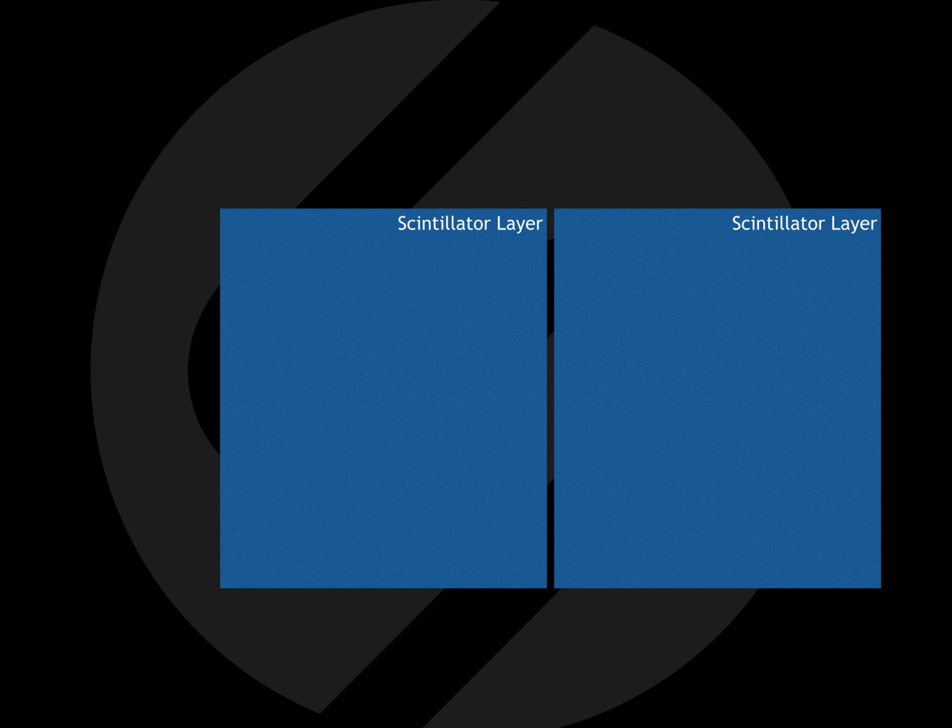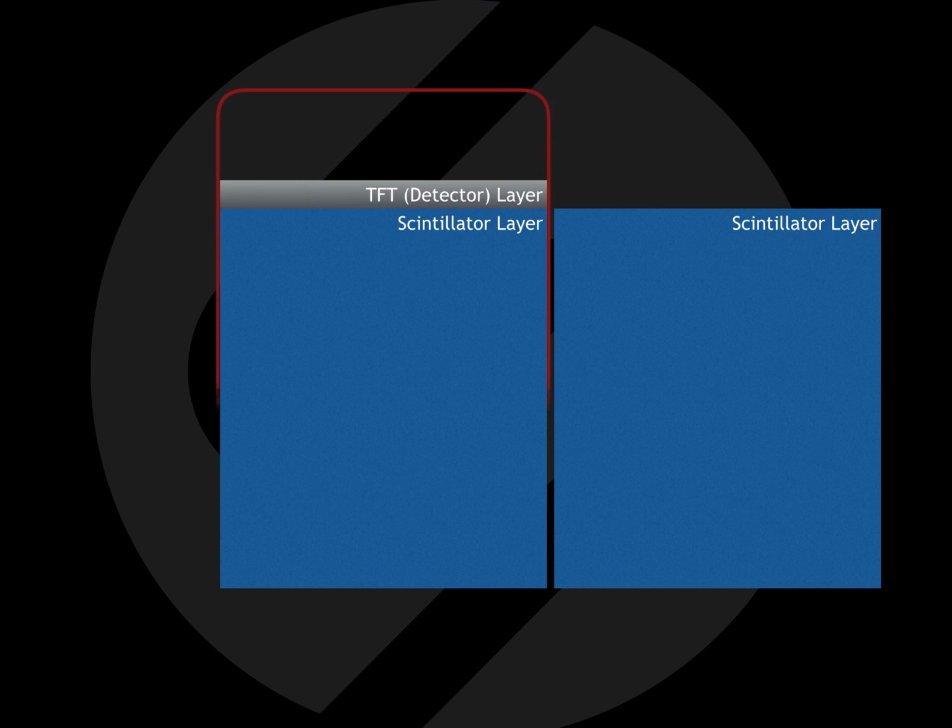As discussed earlier, in flat panel detectors there are two main layers. The first is a scintillator layer. This absorbs X-rays and converts them into light. Scintillators are made up of materials like gadox and cesium iodide. The other important layer is the detector layer. These thin film transistors, or TFT layers, are the electronics that make up the pixels that capture the scintillator's light and convert them into an electronic signal. What Fuji has done differently with their irradiation side sampling, ISS, architecture is to put this